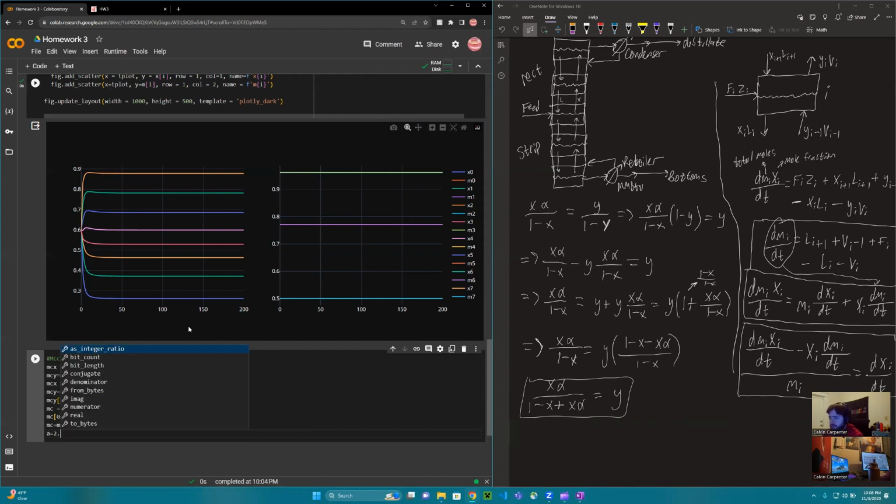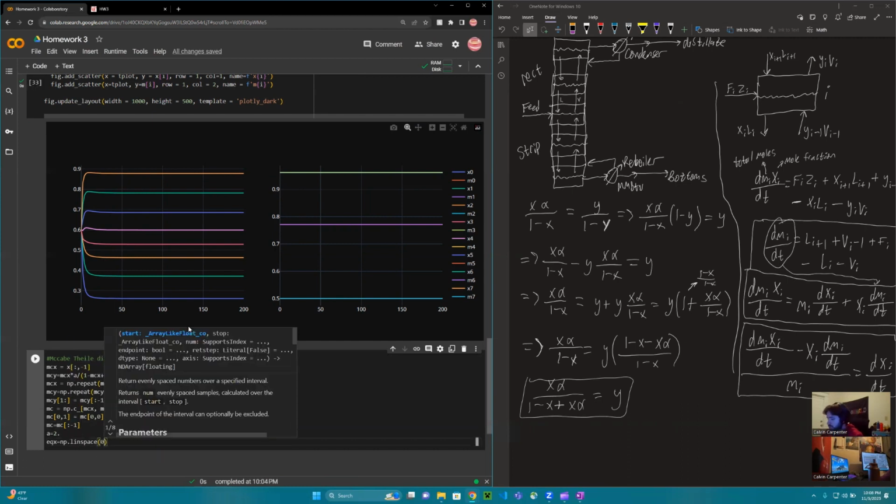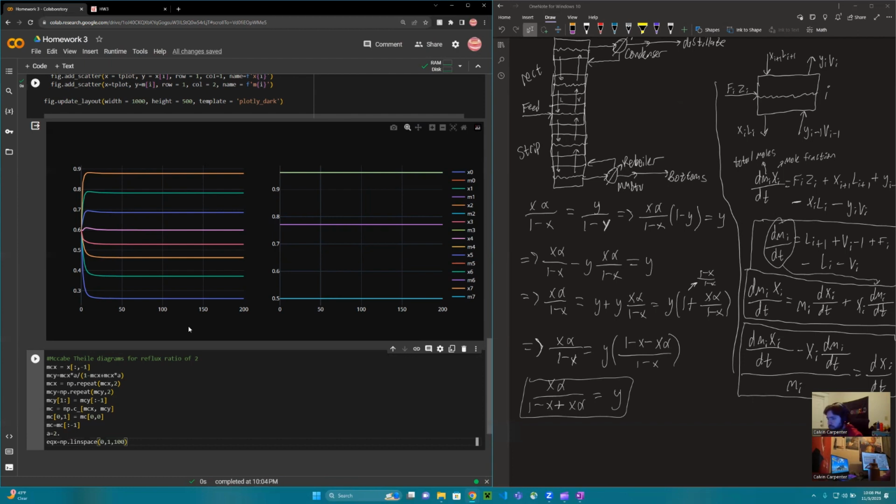We set our alpha value to 2. Why is it doing that? np dot, then space, 0 1 100. EQY is equal to EQX times alpha divided by, in parentheses, 1 minus EQX plus EQX times alpha, close parentheses. Okay, and then